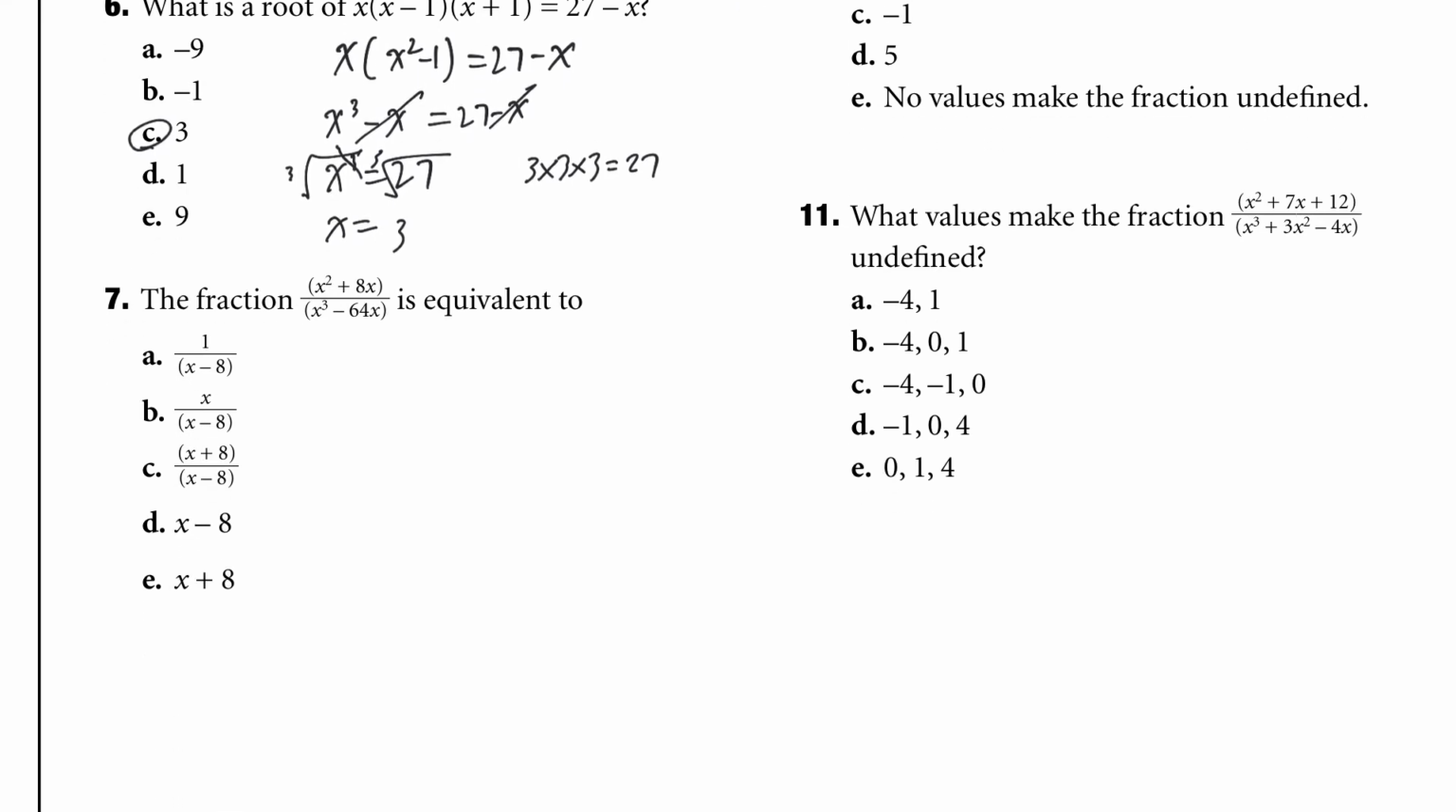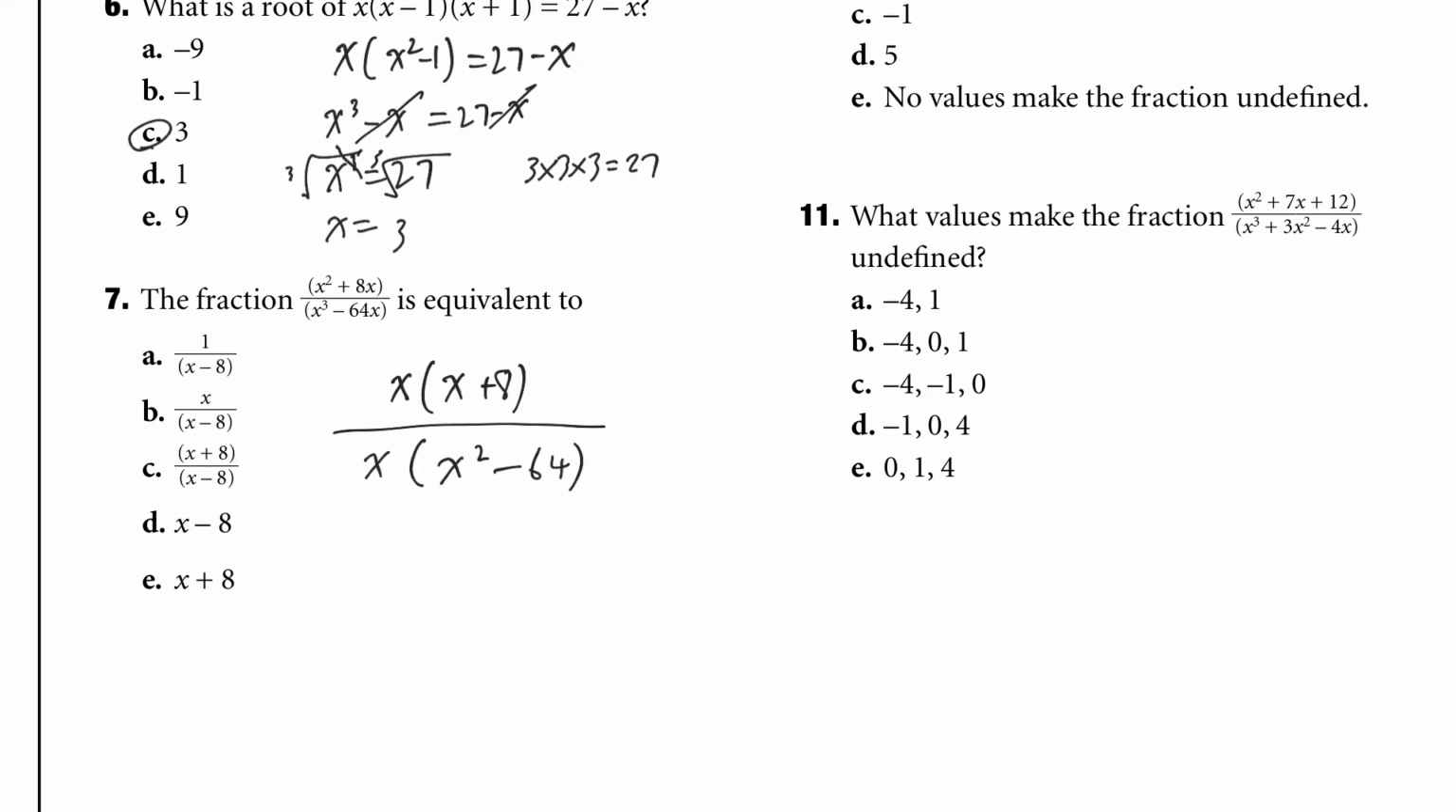Moving on, the fraction x squared plus 8x over x cubed minus 64x is equivalent to. So you want to factor both expressions and see if you can cancel any of them out. Reduce it. So I'm going to work with the numerator first. What can I factor out? I can factor out x from both terms. So x times x and then 8x. That's the numerator. The bottom, I can also factor out x